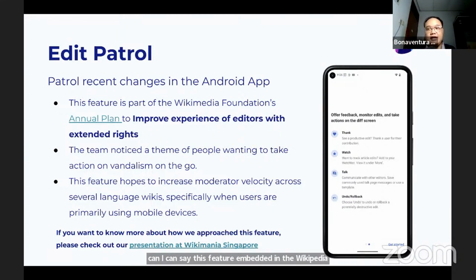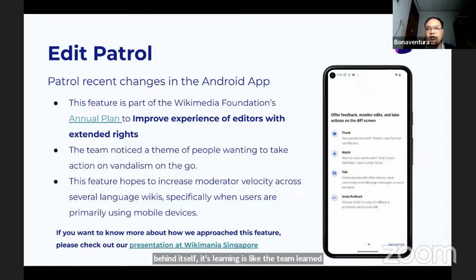For now, it's only available for Android, and hopefully it can be implemented in iOS as well. Why did we develop the Android app first? Because the team behind it learned about the usage,